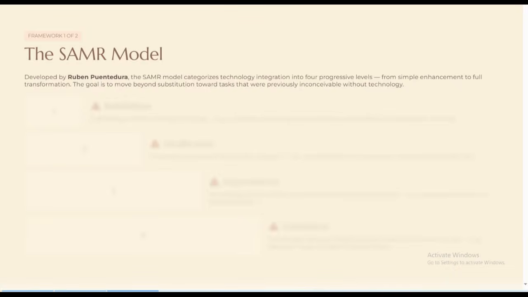The goal of this model is to move beyond substitution toward tasks that were previously inconceivable without technology. So we are not just replacing things in our classrooms, but through this model we are trying to change processes, see how we incorporate processes in order to make our teaching